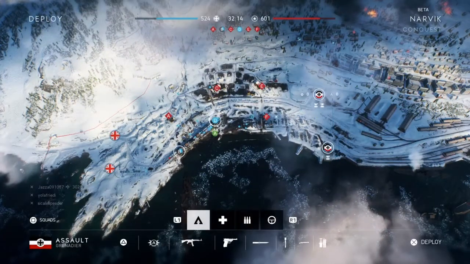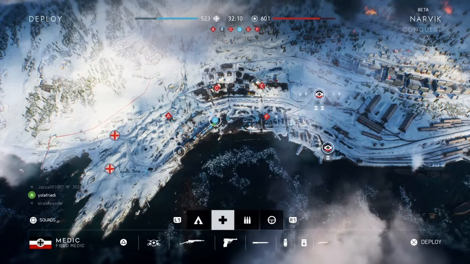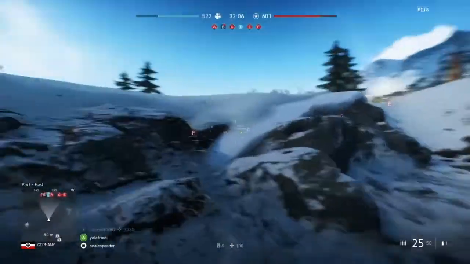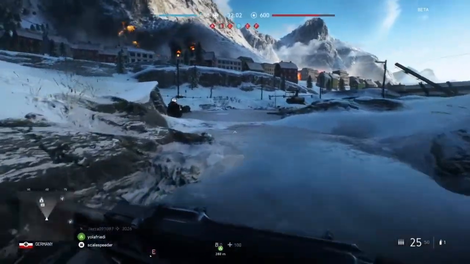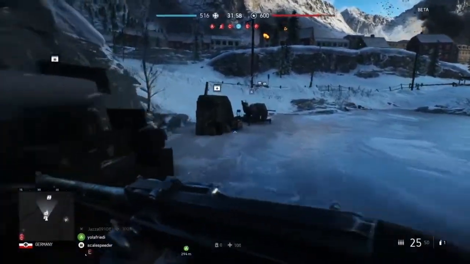So basically we run around standing near these control points. That means we can capture them. Now, what I'll do now is spawn in as a support. Guys, slightly different. They can do something very interesting in...